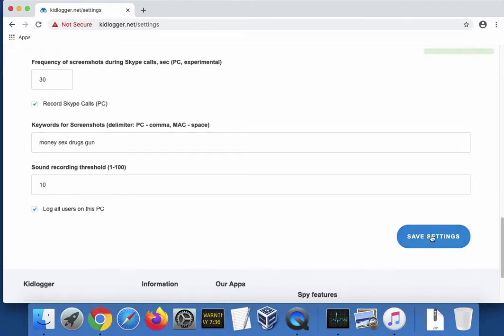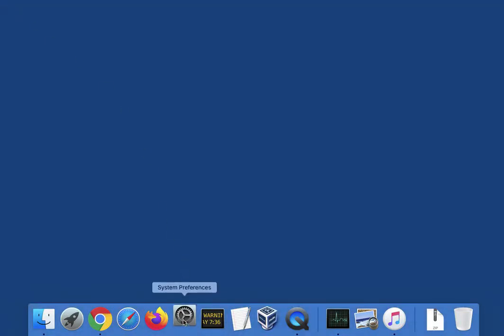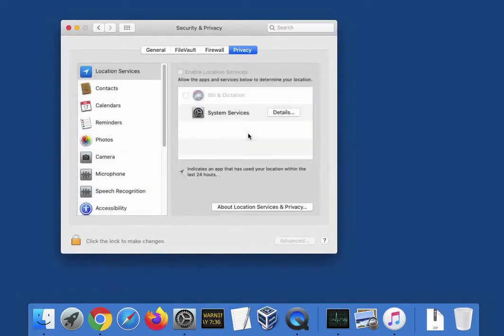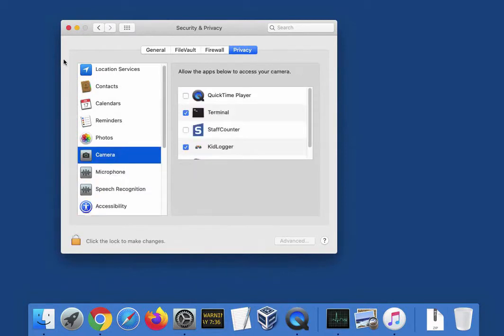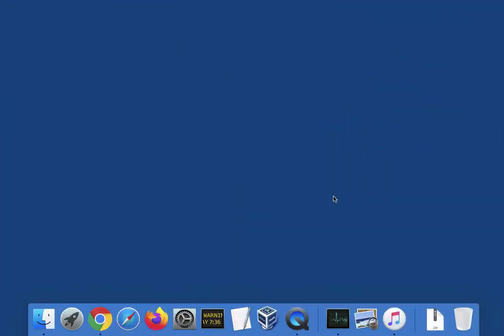And after this, we need to reboot our computer. Incidentally, we changed some settings in System Preferences when we allowed access to some devices of the computer, and after this, we have to reboot the computer as well. Well, we rebooted the computer, and now we can reproduce some user activity.